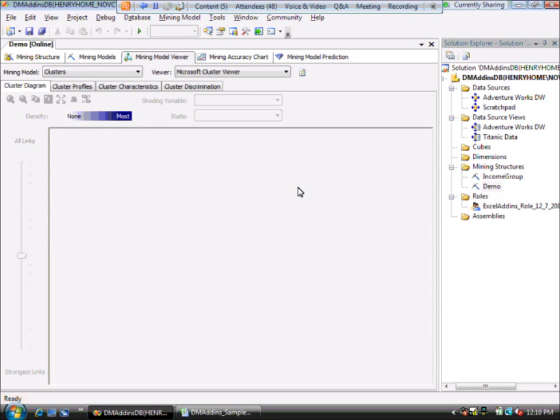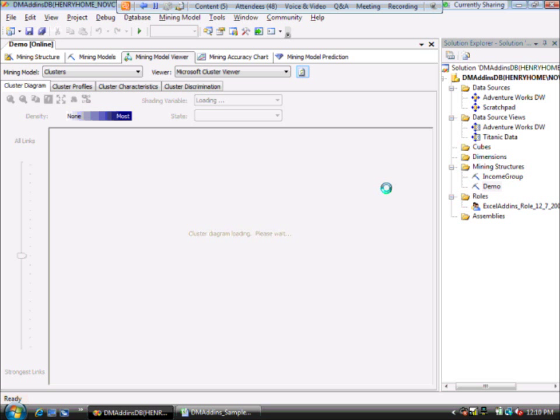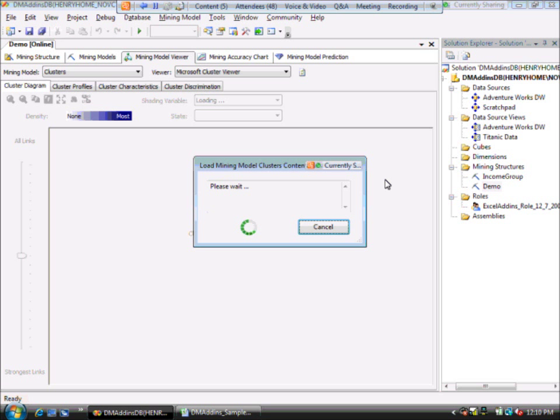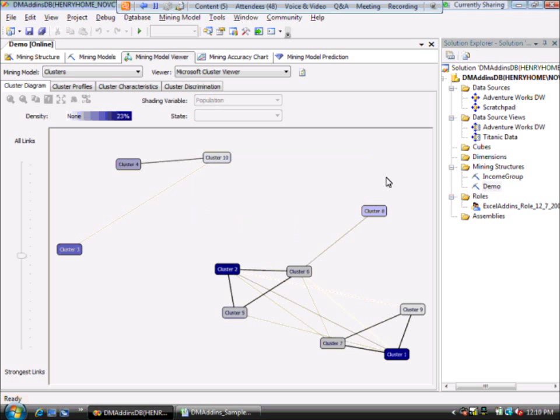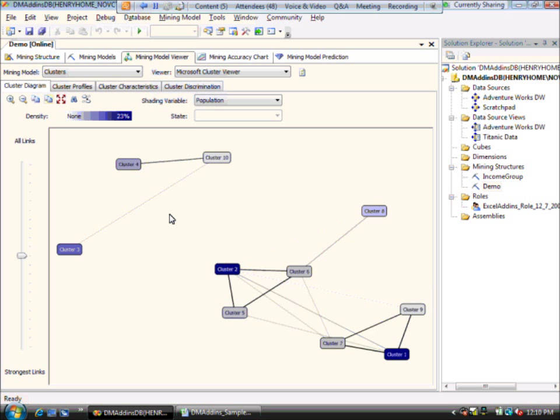I can now go to the viewer, view the clusters. It will only take a second to come up here. Let's refresh this. It's going to load the cluster diagram, and I think it's going to find probably about 10 clusters within this data. Having found the cluster diagram, I have all the usual ways in which I can explore the cluster diagram, but one of the features I really wanted to show you is the fact that even though I didn't use order number and line item as part of my modeling, I can drill through, and I'm being very forgetful today because